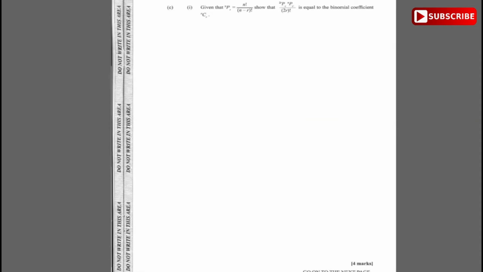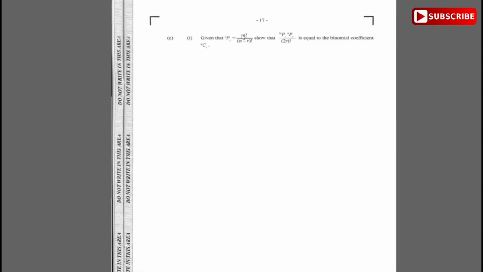Now, part C says, given that nPr is n factorial over n minus r factorial, show that 2rPr times nPr over 2r factorial is equal to n choose r. Before I do this question, let's just write down what n choose r is. We need to recall that n choose r is equal to n factorial over